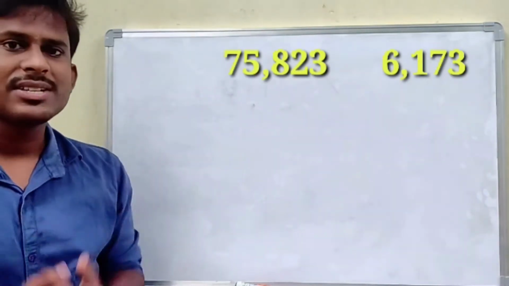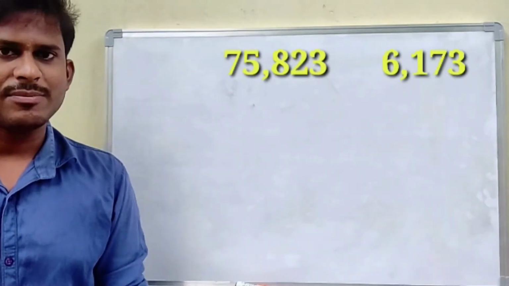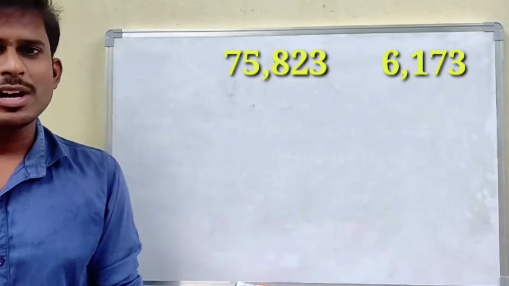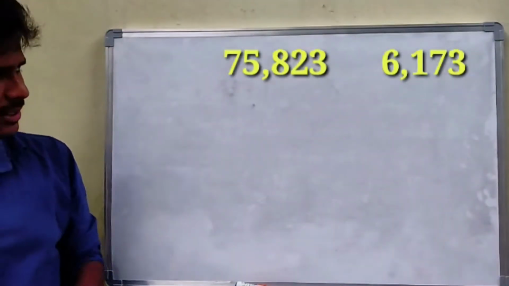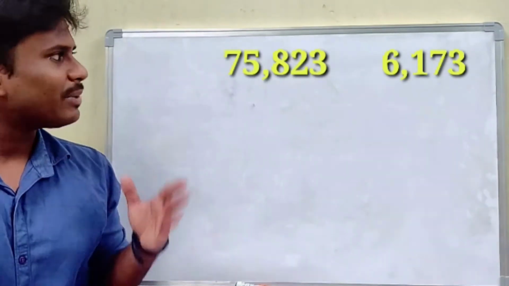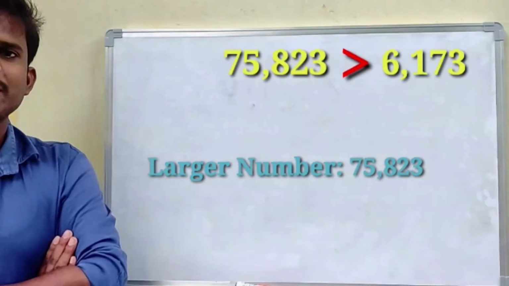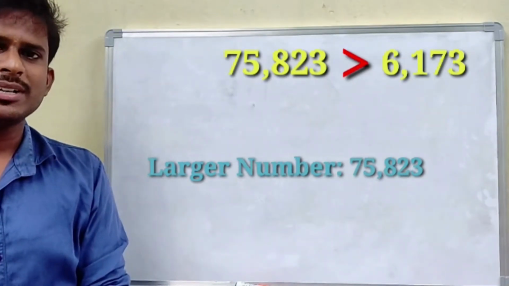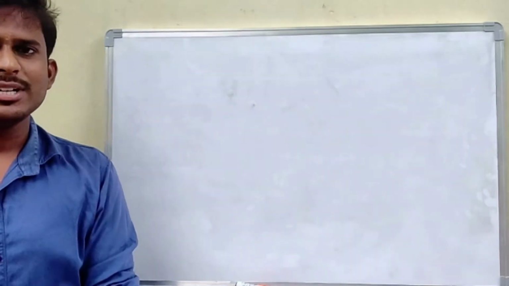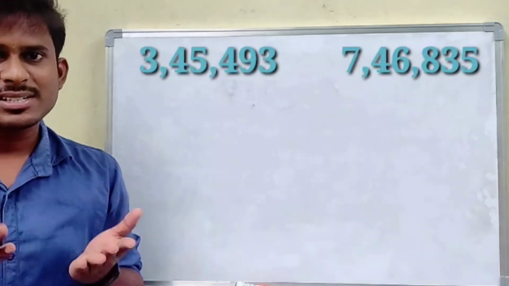When there are more digits in the given number, that number will be the larger number, and the number having fewer digits will be the smaller number. Now look, out of these 2 numbers, which number is greater and which number is smaller? The greater number is the 5 digit number, and the smaller number is the 4 digit number. Okay, now let us go for rule 2. Even though there are the same number of digits,